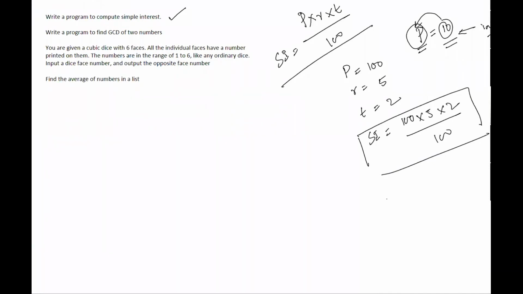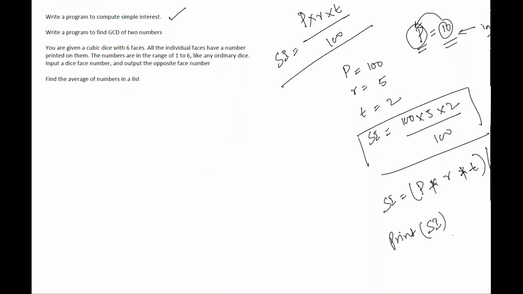So what I will be doing is SI equals to P multiplied by R multiplied by T, and then the whole divided by 100, and then print of SI. I'm writing now the computer syntax.